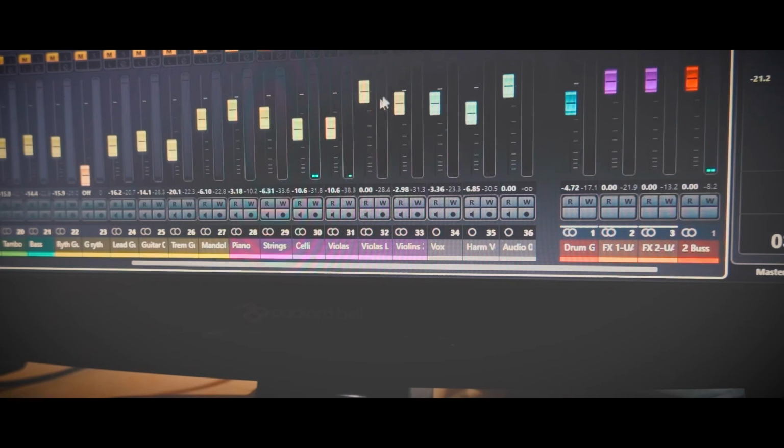And then if we add the violins in, so the violins are creating a counter melody over the top of the cellos and the violas. And if we add them all together,